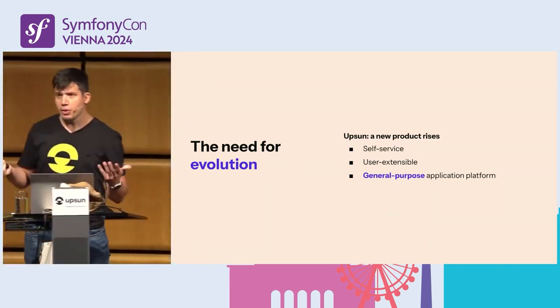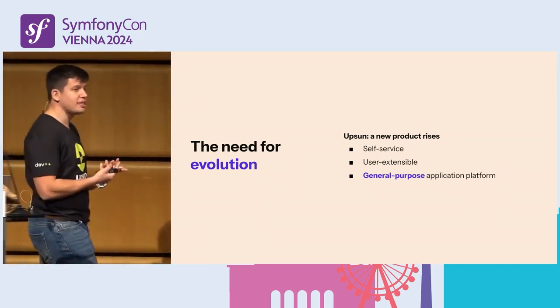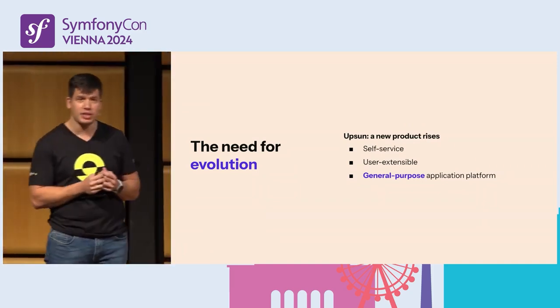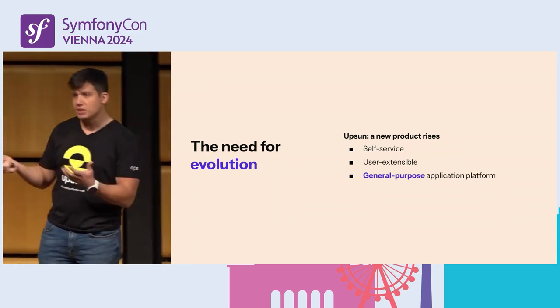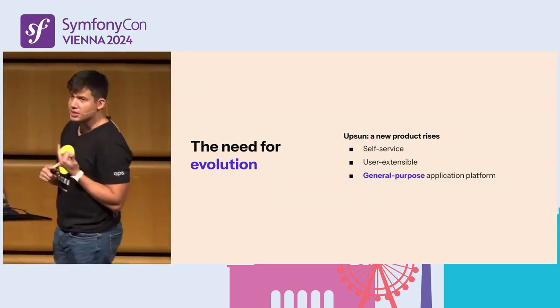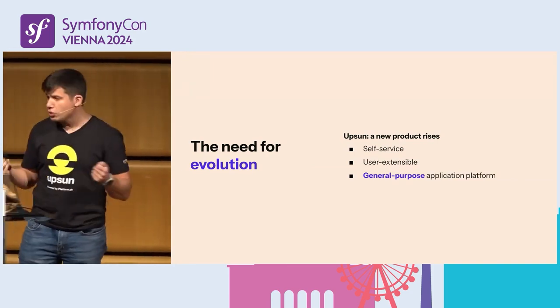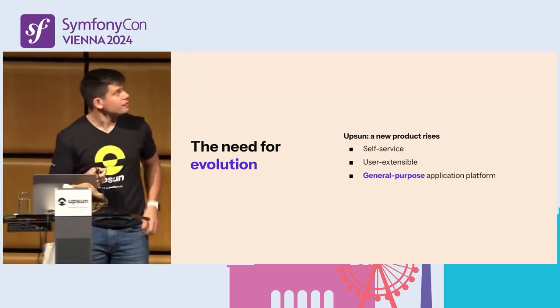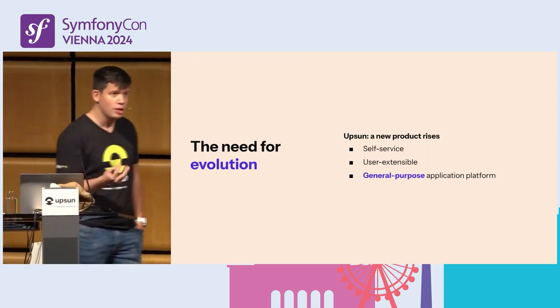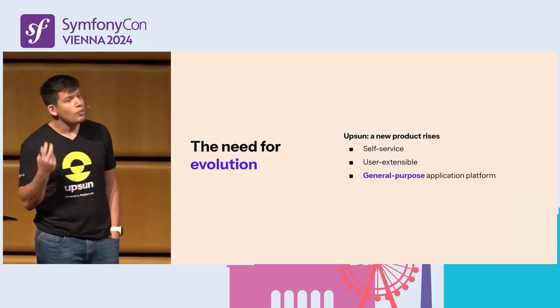Also, it's user extensible. This means that we can put more power in the CLI and to the machines of the developers, because that's easy to do on a CLI. It's easy to do things like scripting, to go into the CI systems, all those things. And of course, all those things should be easily installable. And as we said, we want to be general purpose.